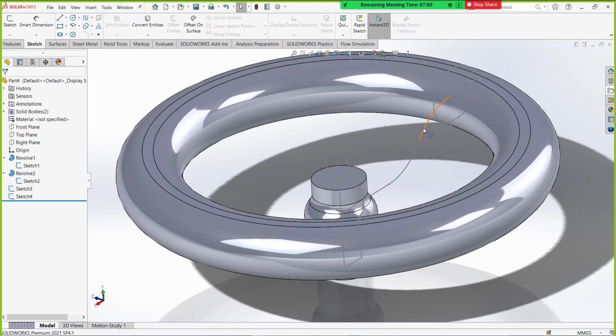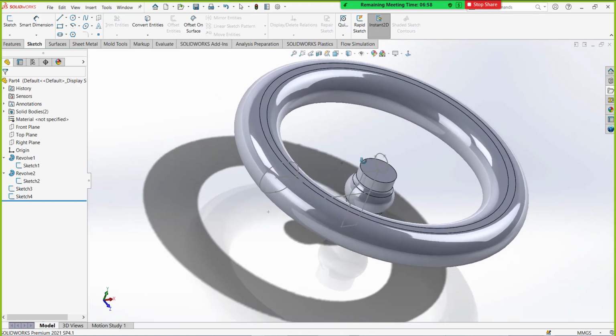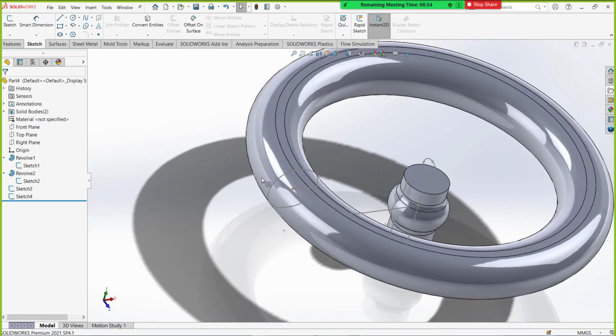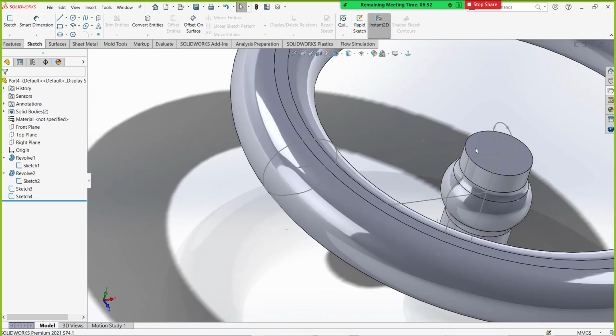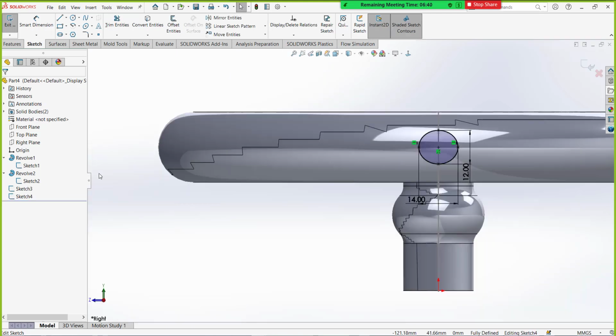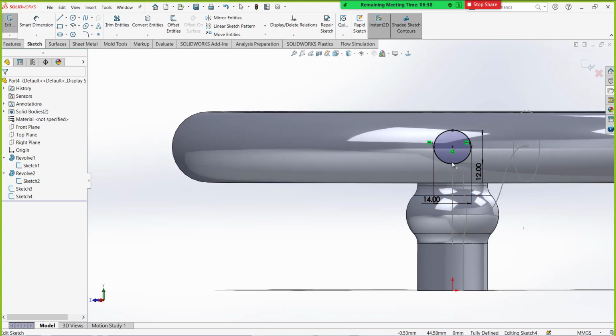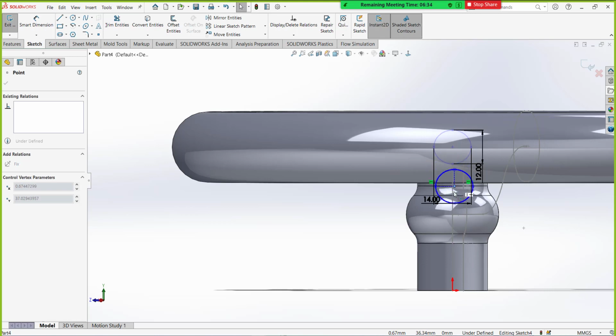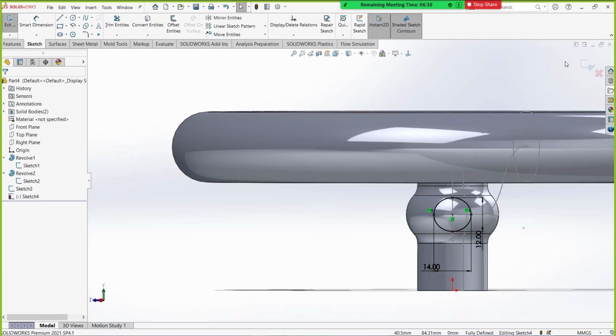Okay, on this ellipse, so I need to create a plane on this, right? To do that, see, this ellipse should be on the path line of this, right? If you want to use the spline, I should have created it on this point. You can do it right now also by just editing this one, removing the center point geometry and just dragging and dropping it on this origin point. This is one way.